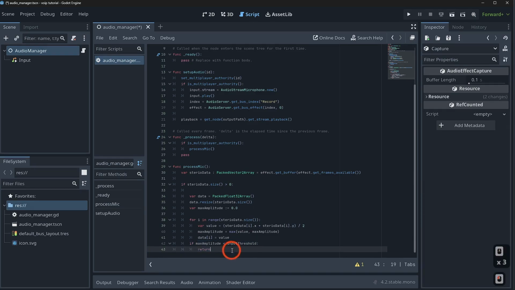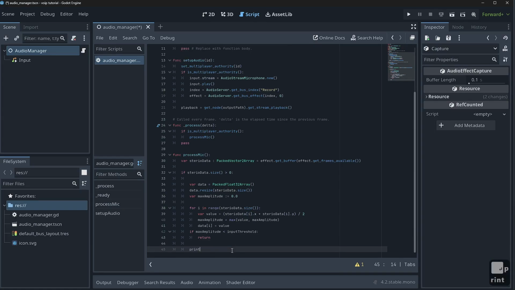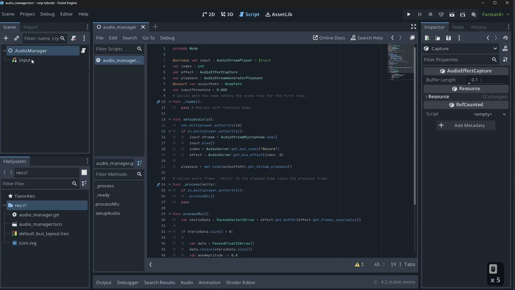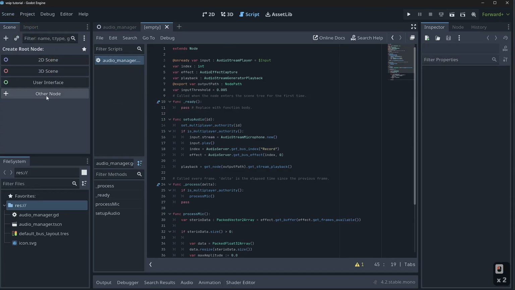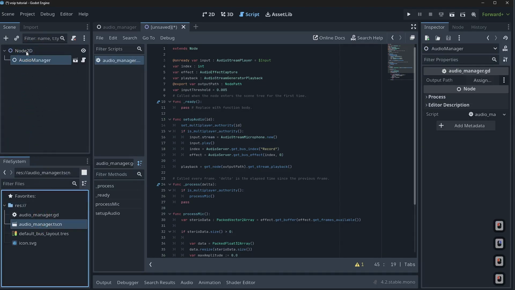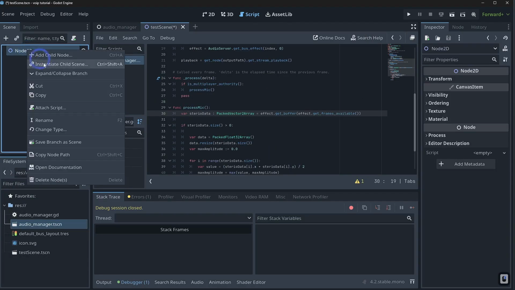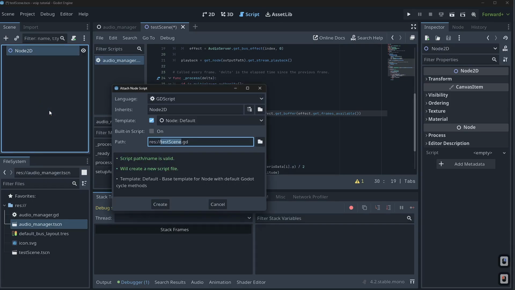Now, since we don't have the ability to actually RPC our stuff across, what we'll do is print the data. So I'll print data like that. And now, hopefully, in theory, if we set up a small scene to test this, we can go to Scene, New Scene. We'll add in a 2D scene. We'll go ahead and add in our audio manager like so. Control S, we'll call this test scene like that. And then we'll right click our node, attach a script, and let's just call it